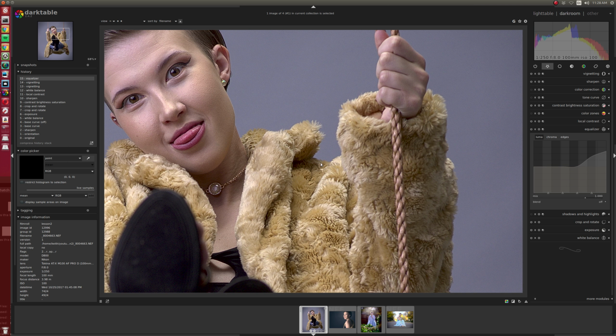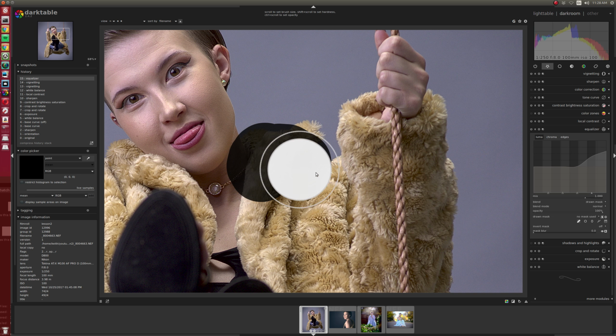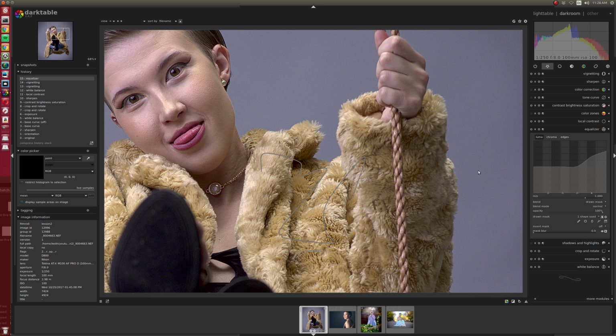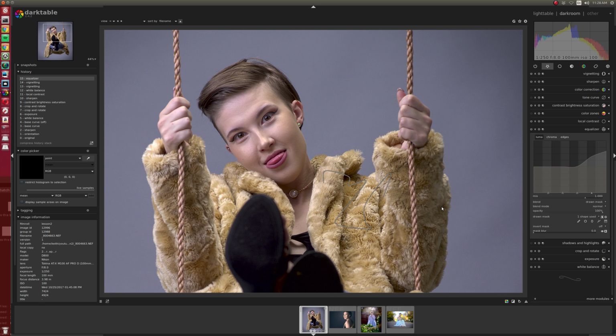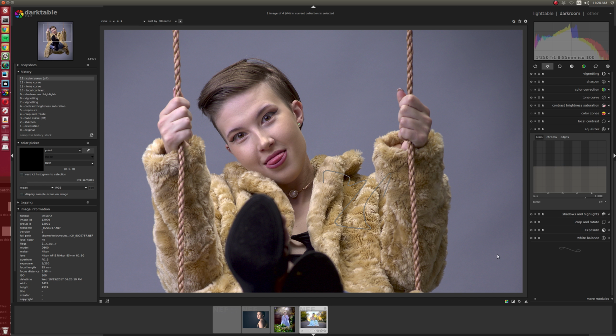So if you create some situations like this, then use parametric masks, or actually use a drawn mask just to say, you know what, I only want that effect to happen around the fur, and play around with parametric masks for a while, get comfortable with that. Find a photo where maybe there's two people and one of the people's face is looking underexposed, and use a parametric mask just to